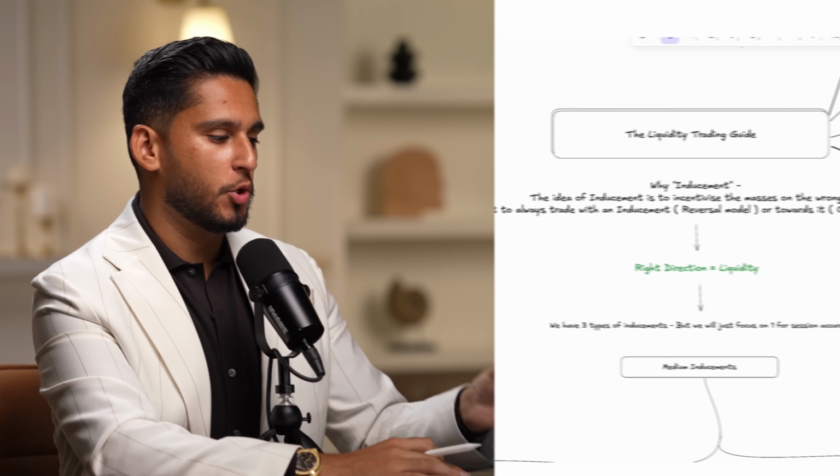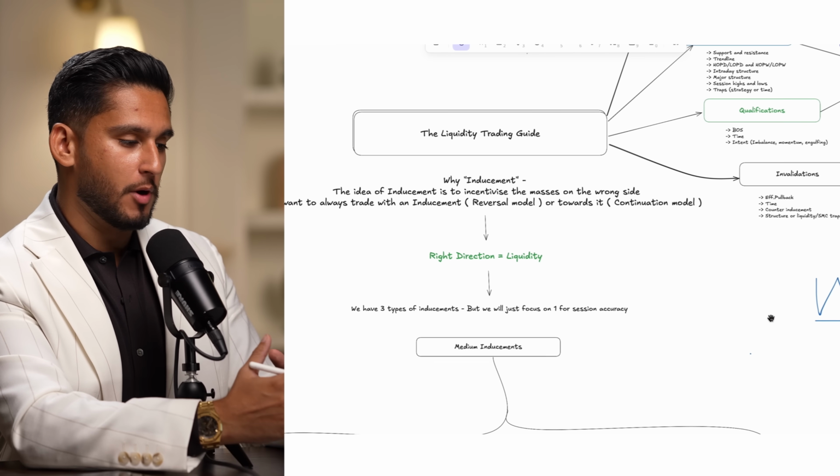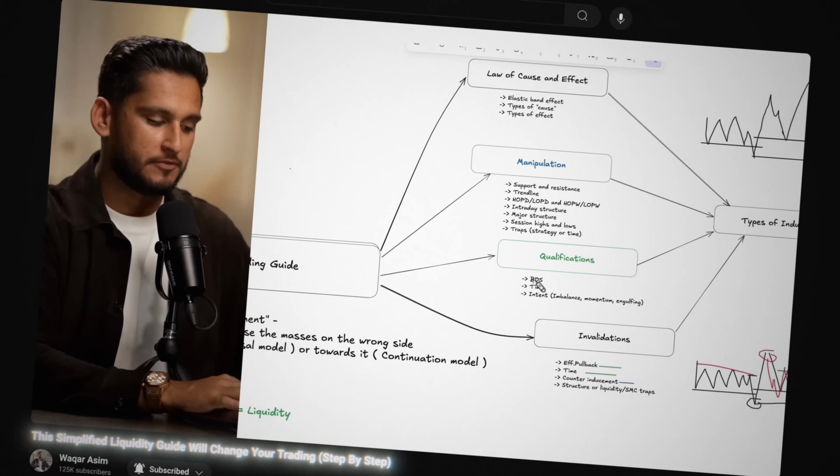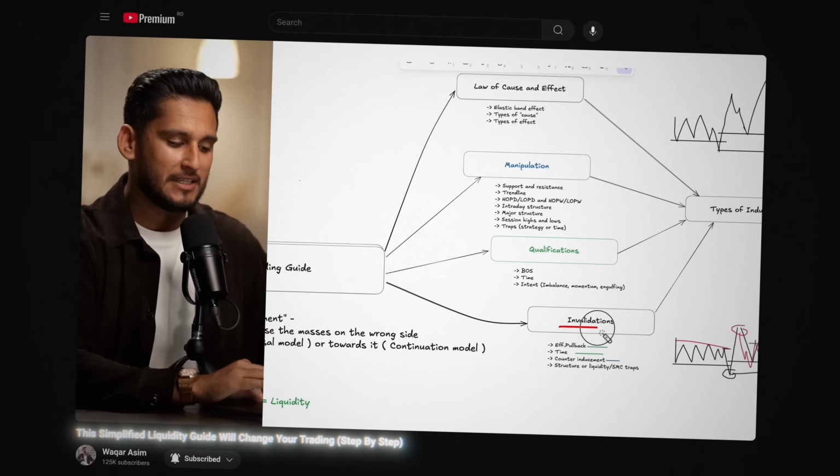If we reference the liquidity trading guide that I made previously, where we went through step by step exactly what inducements are, the types of inducements, the qualifications, the disqualifications, and how to be trading the right direction, because the right direction is not market structure, it's not supply and demand. The right direction is fueled by liquidity. When you start to see these inducements, as we've showcased in so many case studies, you start to see this is what's driving price. Once you identify it, despite what trend is saying, despite what supply and demand is saying, you will know which way to trade based on inducements.